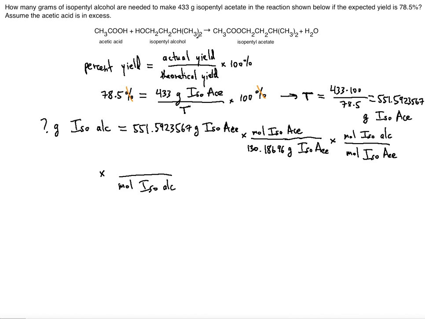That's 12.09. Then the oxygen, there's only 1, so plus 15.9994. Plus how many carbons? 1, 2, 3, 4, 5, so plus 5 times 12.011. So the answer gives you